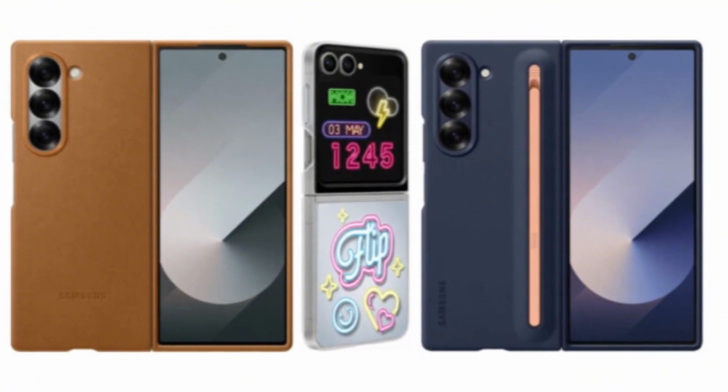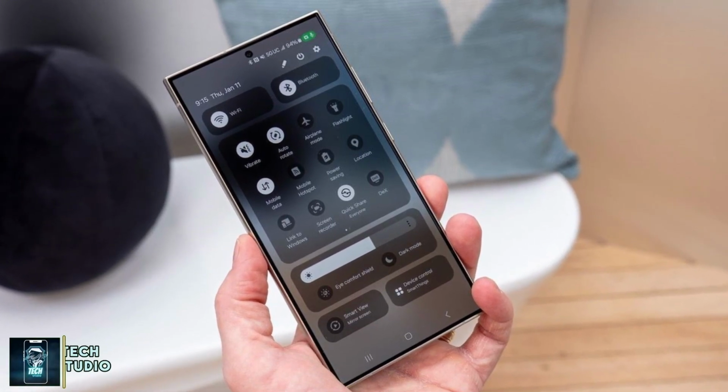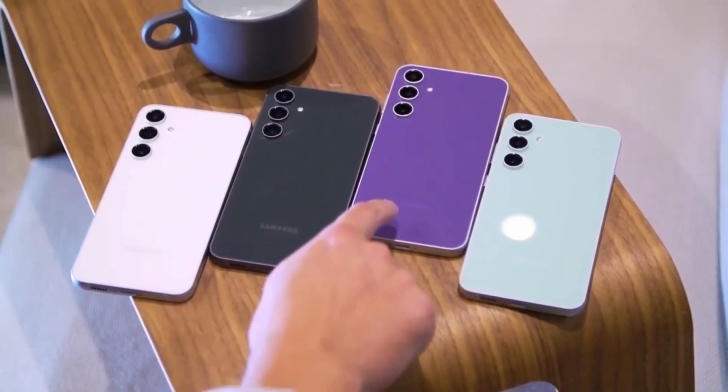Once the rollout for the Galaxy S24, Galaxy Z Flip 6, and Galaxy Z Fold 6 is complete, Samsung will shift its focus to updating older devices. While an official list of eligible phones and tablets has not been shared yet, it is expected that many Galaxy S and Galaxy S series devices will receive the update in the following